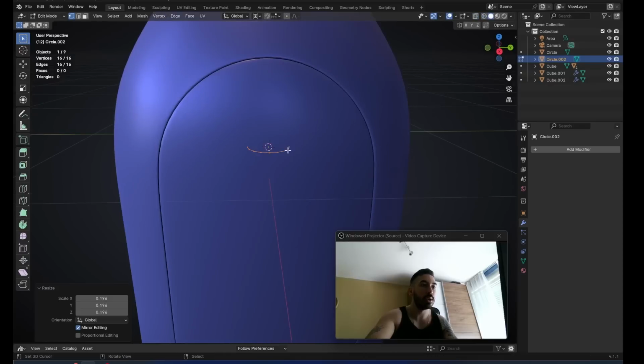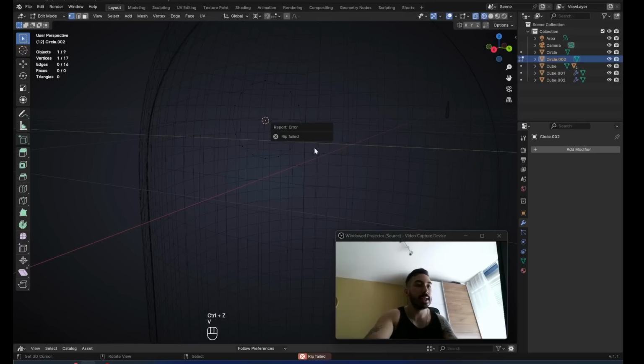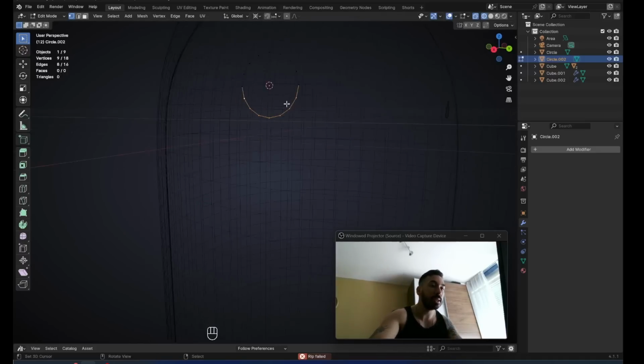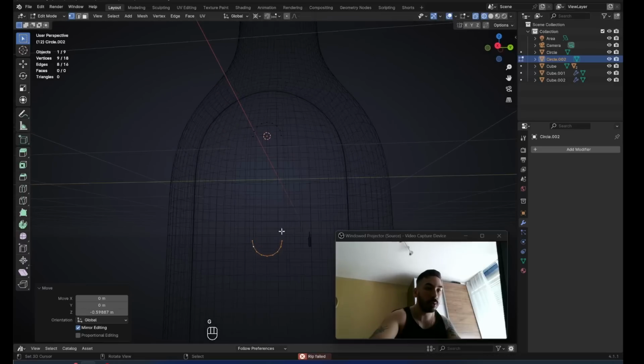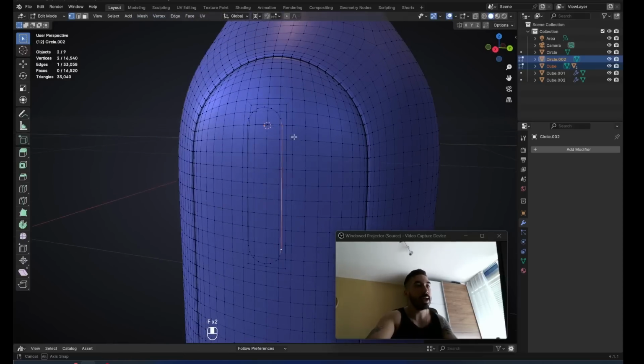Scale that circle down until it fits into this area, which we just inset, and flip it sideways like this. Select these vertices here and tear them with V, but then right click to snap them back. Now take this lower half and lower it down here to the bottom of this inset area. Connect the vertices on the side of the circles with F, and now you got to figure out how many